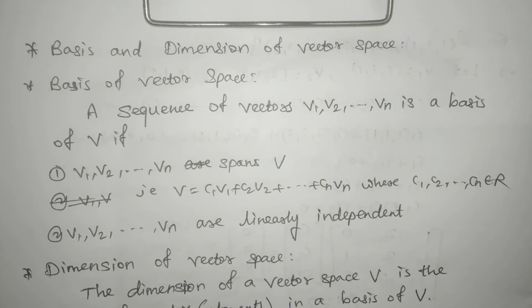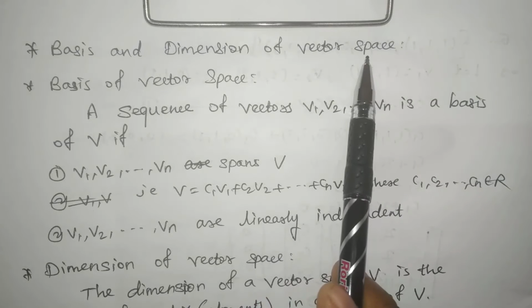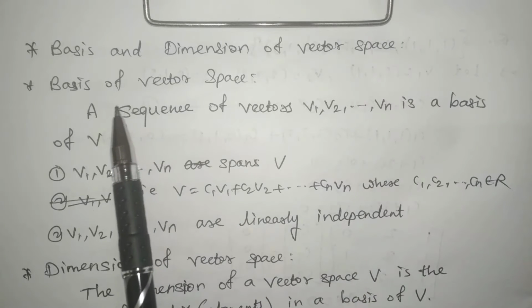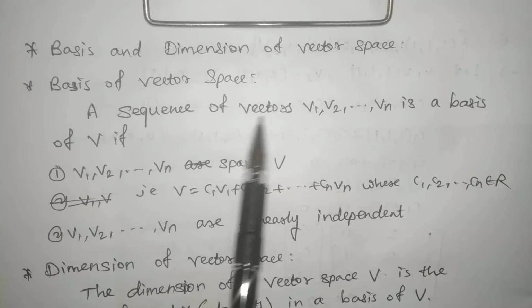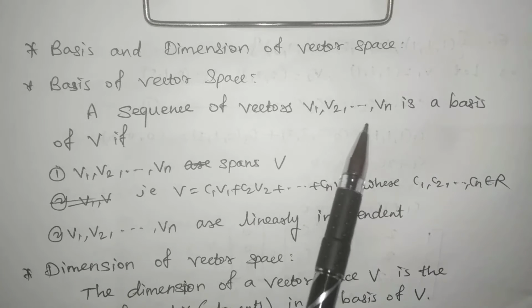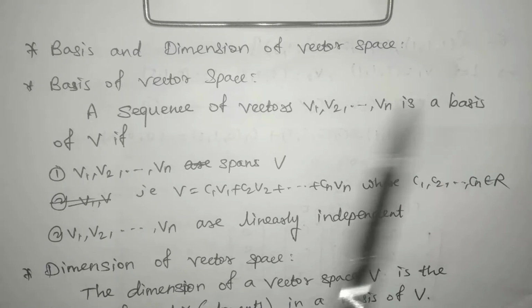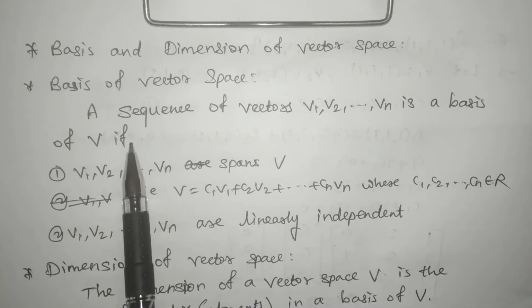Today we are going to start the next topic of our syllabus, that is basis and dimension of vector space. So first of all we see the definition of basis of vector space. A sequence of vectors v1, v2, ..., vn is a basis of vector space capital V if